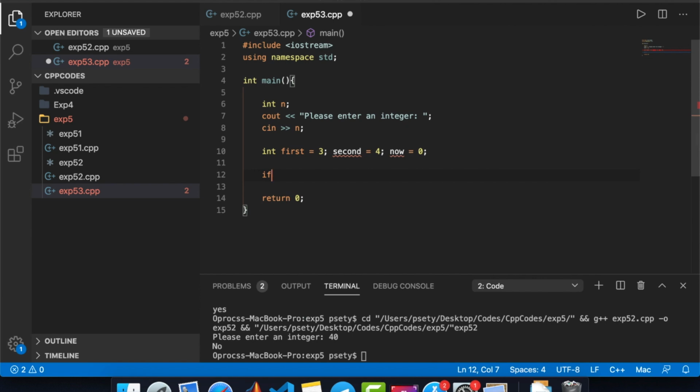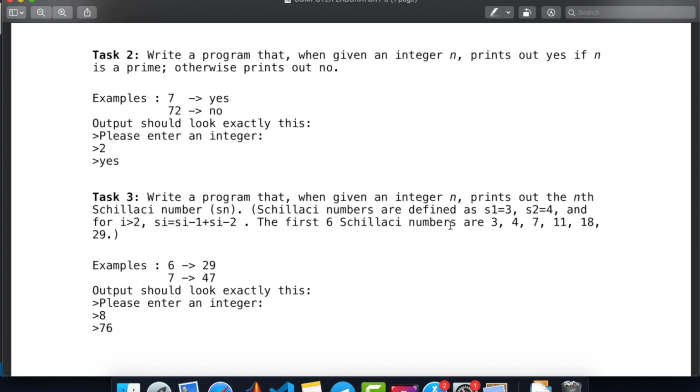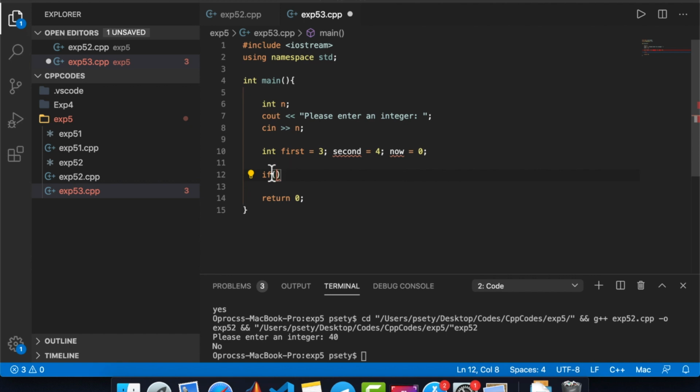The first Scalaki number is 3 and the second Scalaki number is 4. So if n is 1, cout, and else if